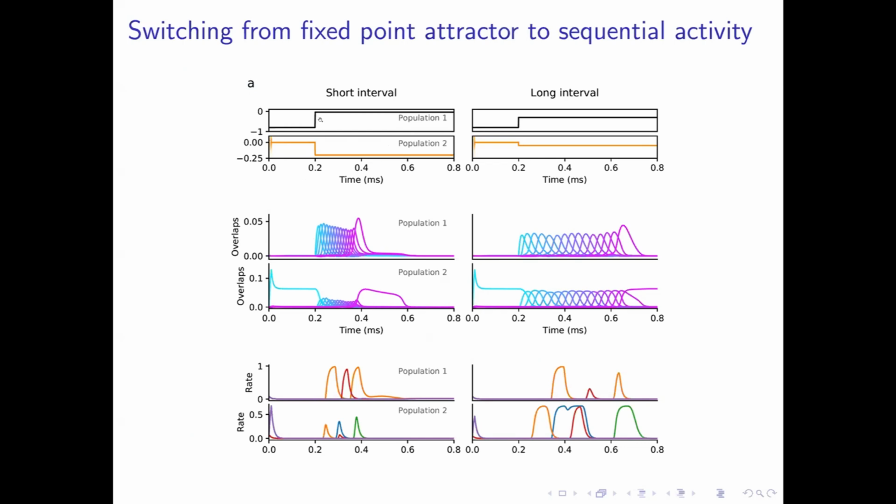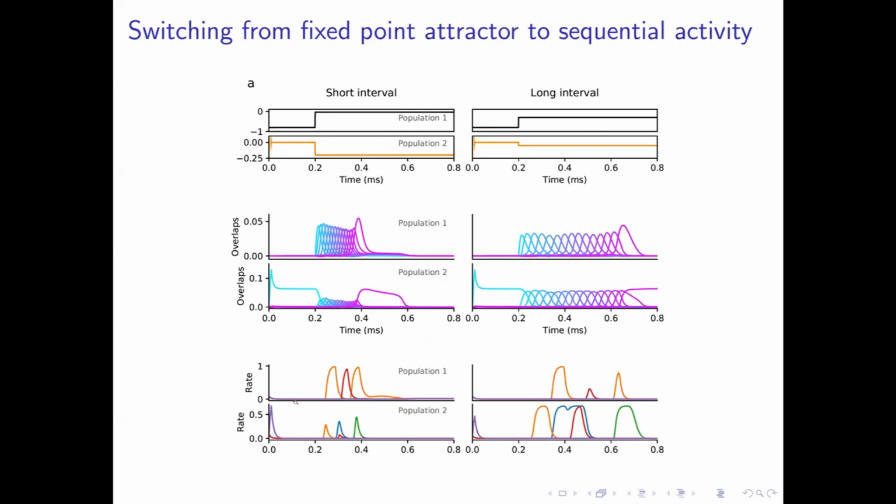Note that this is not a specific input to that particular sequence; it's just a generic input towards the asymmetric neurons. There is nothing specific towards this sequence, but because you're in this particular state, you will trigger the appropriate sequence. And you can do that at different speeds by modulating the strength of this input.